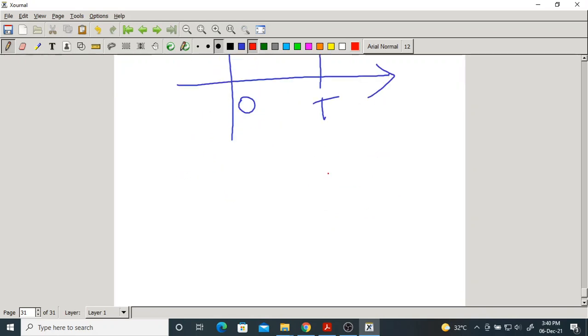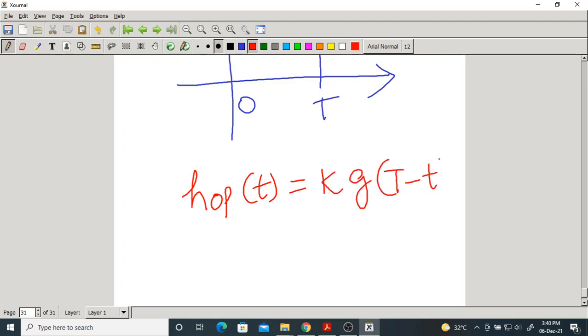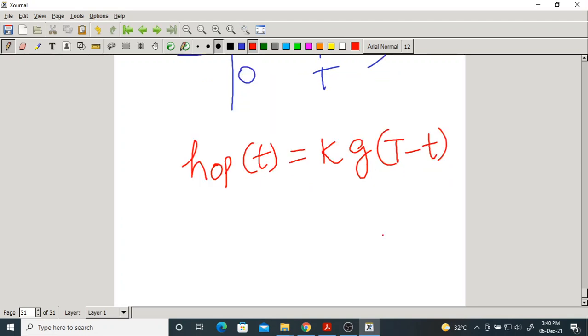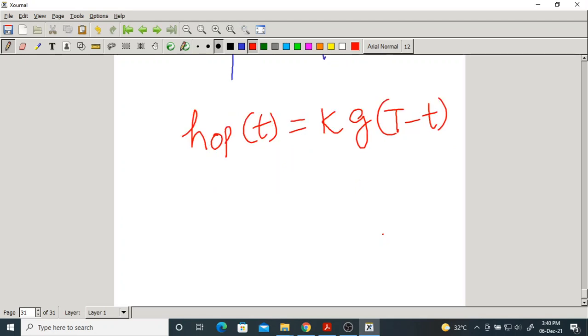So let me take here the optimum. The optimum matched filter is some k into g of capital T minus small t. K can be 1, otherwise you can leave it as it is, no problem. K does not affect actually. That's why you're taking it as 1. Okay, let me take k as it is.